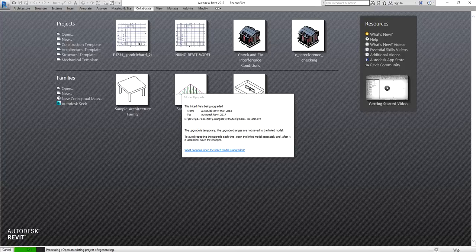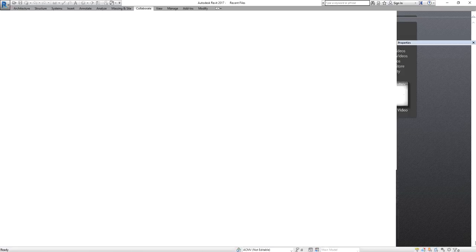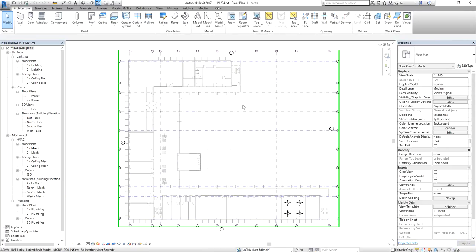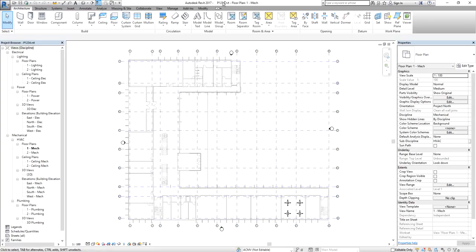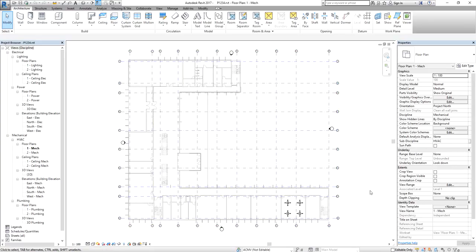Alright, so it takes time. So we are going to check if our central file is updated. But I'm sure that it's updated. Okay, so it's updated. So once your other team members synchronize also their project, they will be able to see these changes that you have made to your project. Okay, so as you can see, it's updated, right? So this is your central file, so it's updated. So that's how you use your work set.